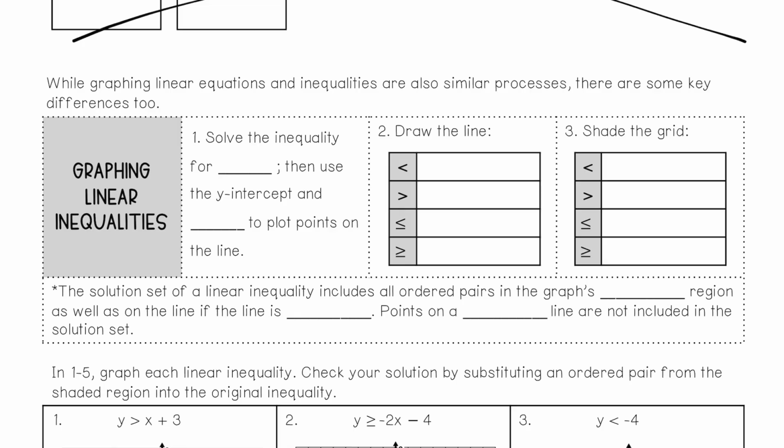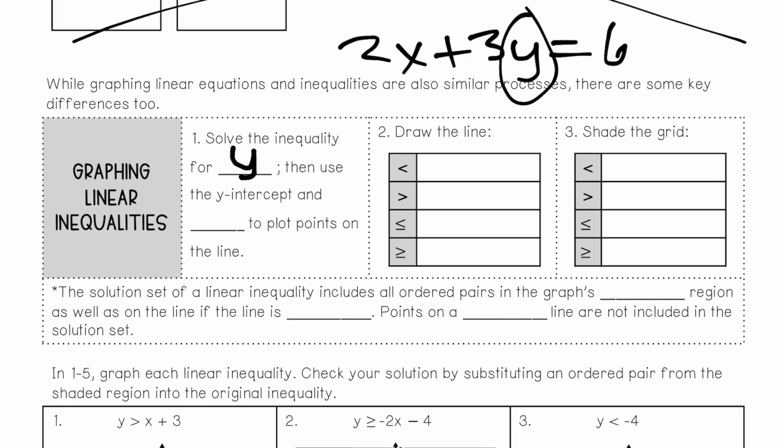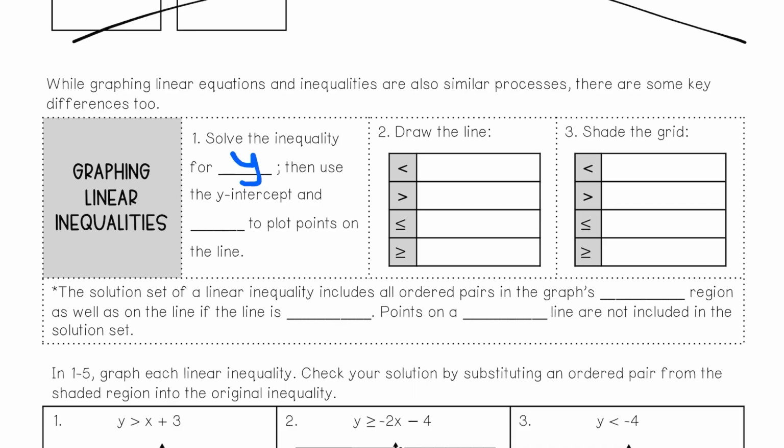So just like when we had something like this, and we wanted to get y by itself so we could graph it, we're going to do the same thing here. We are going to solve the inequality for y. You know what? I'm going to work in a different color. We're going to solve our inequality for y, and then use the y-intercept and slope